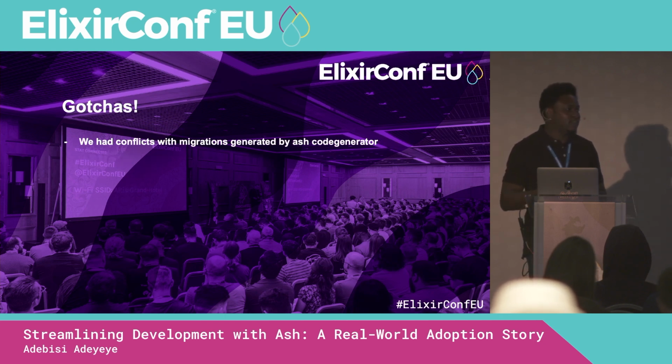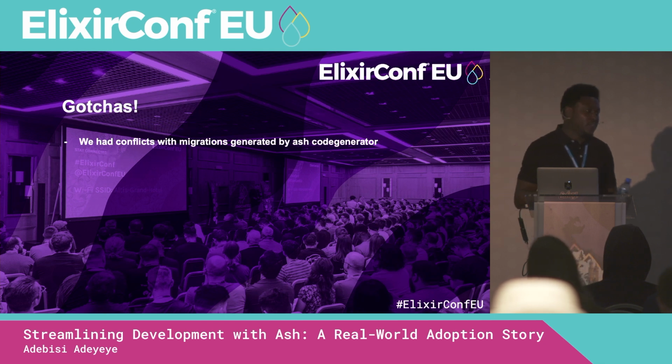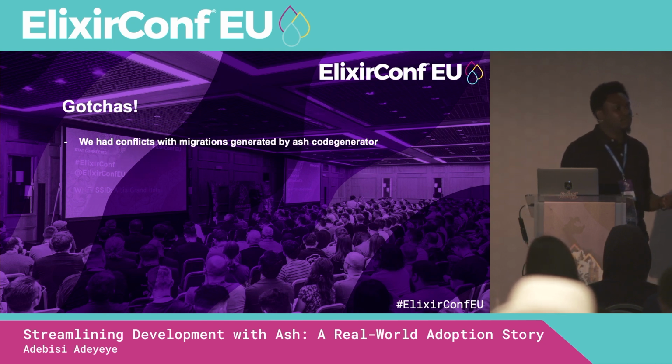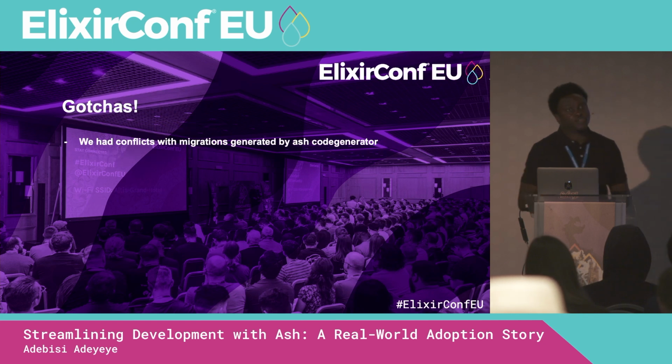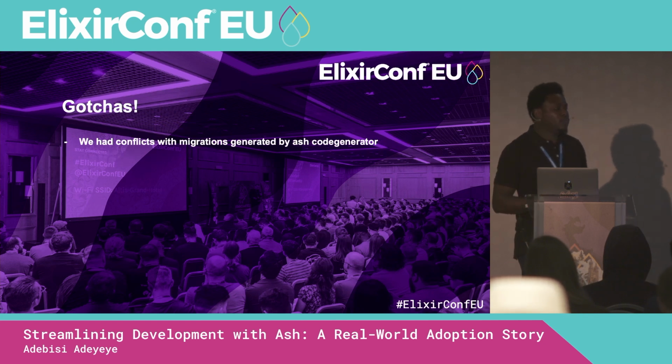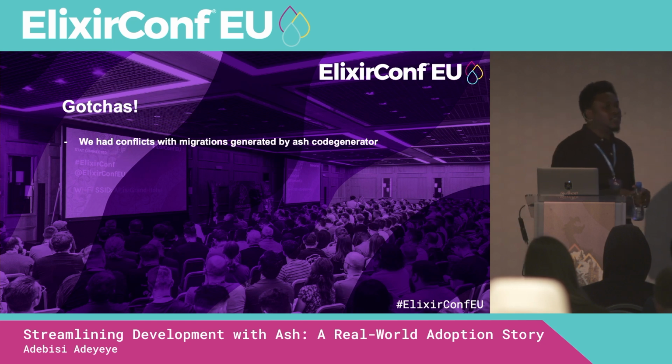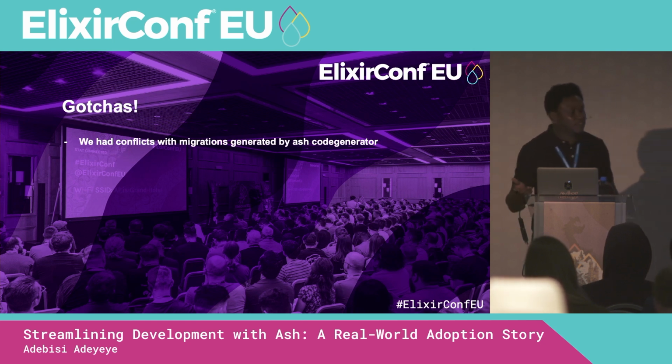All our tests are agreeing what's going on. Then we found that that was the case of failing to generate the migrations using Ash. So our fix around that was to just delete the migration file that was generated and move on with life. And now we ran the code generator so that Ash has a state of the tables so far, but deleted the migration file because we know that field already existed. So, and that was it.